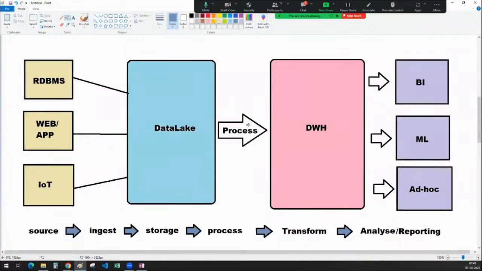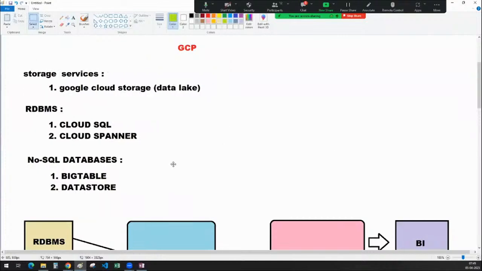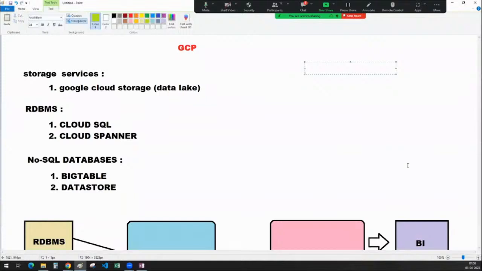Okay, and after that, we want to do some processing on top of it, right? This is also a very important step, guys. This is not a very simple step. Processing. What are the processing tools that we are going to learn in our session? If you ask me, I want to mention those points here. Data processing services, the first thing we are going to learn is